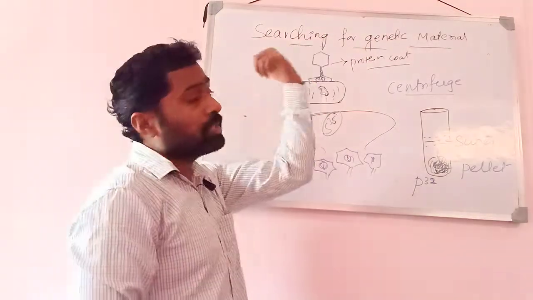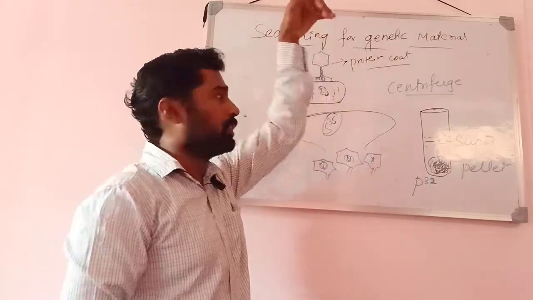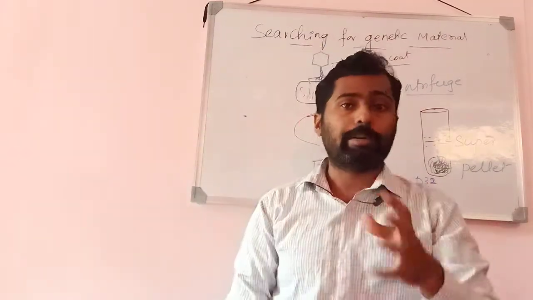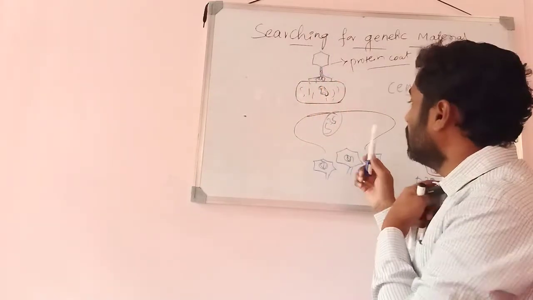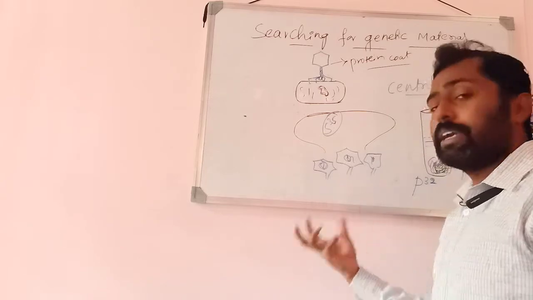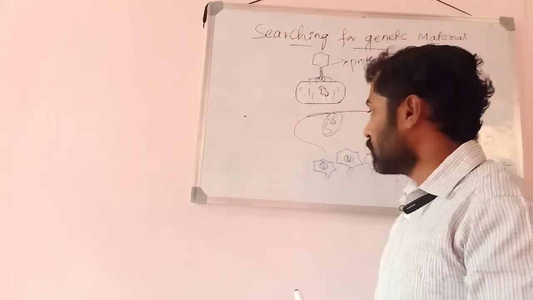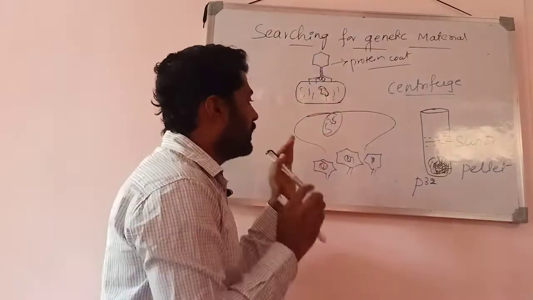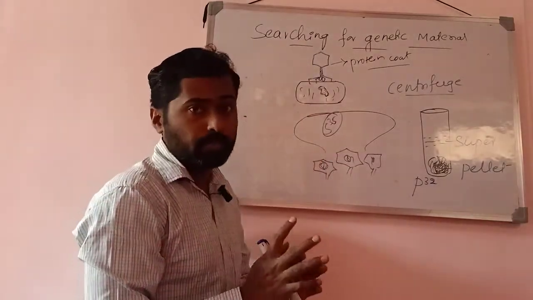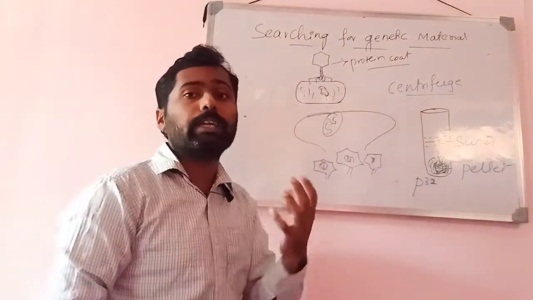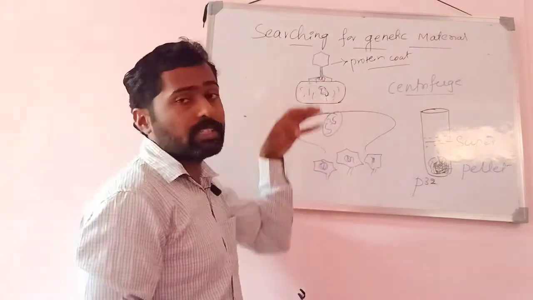But they grew the bacterial cells on the sulfur media for the first time. They were allowed to infect such bacteriophages to the bacteria. But when the new protein coats are produced inside the bacterial cell, and the new viral particles come out from the bacterial cell, the protein coat does not show radioactivity because it doesn't consist of radio labeled sulfur, because the protein coat has not entered for the first time. In the first infection the protein coat did not enter, only the DNA has entered.